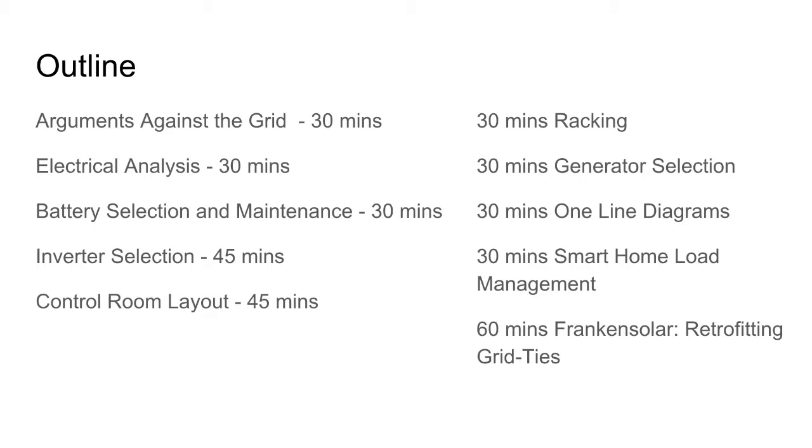One-line diagrams: we will show you how to start out your one-line diagram, and then what I do to finish it up, because a lot of the solar design tools and software on the market today are not focused on off-grid. So we'll look at off-grid wiring diagrams and the capabilities of one-line diagram software, and then figure out how to smush them together so that if you do in fact need to get a permit for your off-grid system,